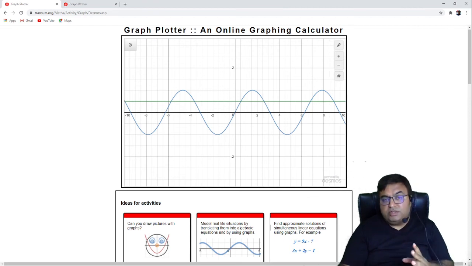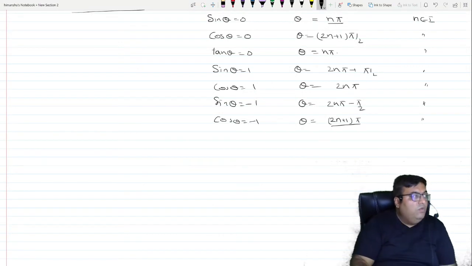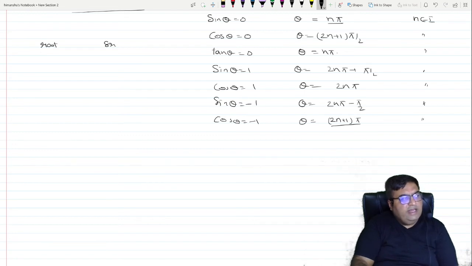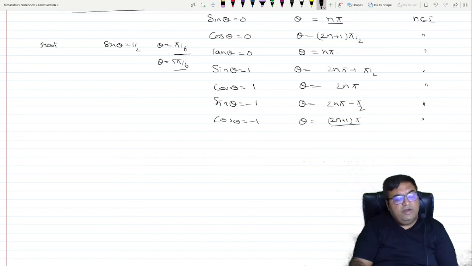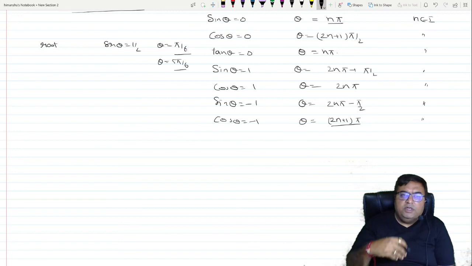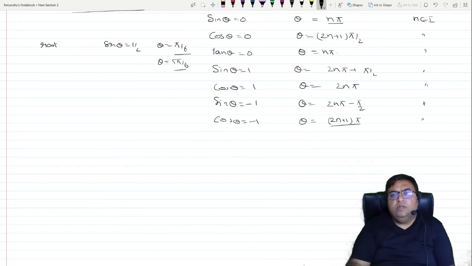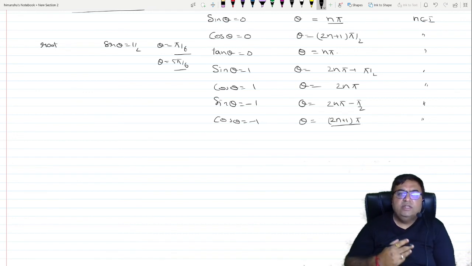There are two types of solutions in trigonometric equations. One is simply a root. If I say sin theta equals 1 by 2, then theta can be pi by 6, or theta can be 5 pi by 6, but in such a way there will be infinite roots. So if I want to express all the roots of this equation, how can I do that? In order to do that, we need to create a general solution. So in this chapter, we will be dealing with how to write the general solution.